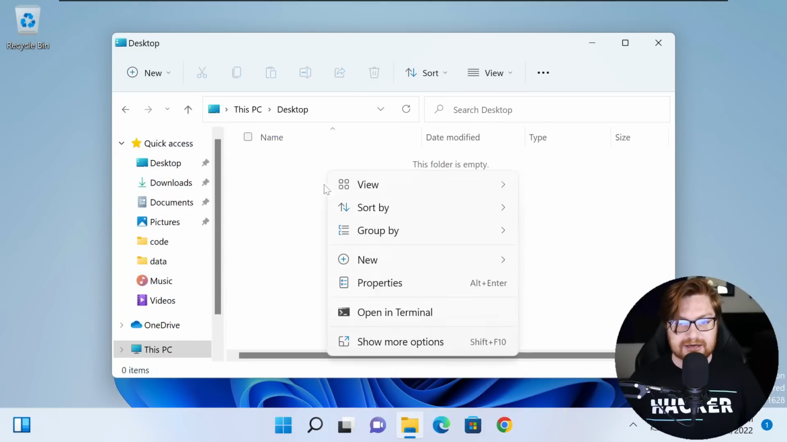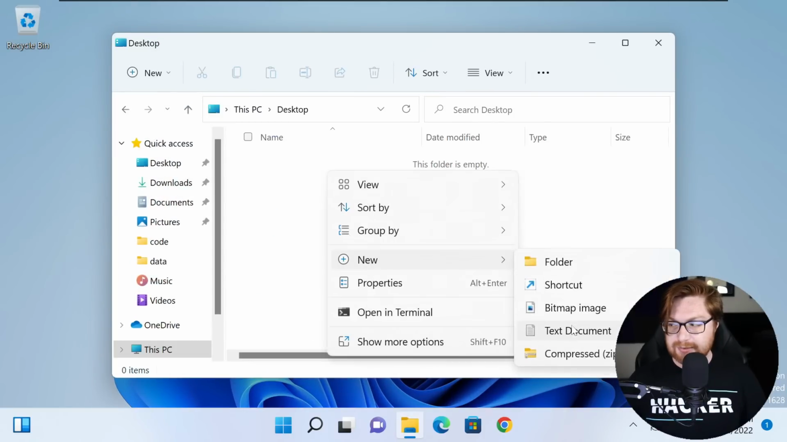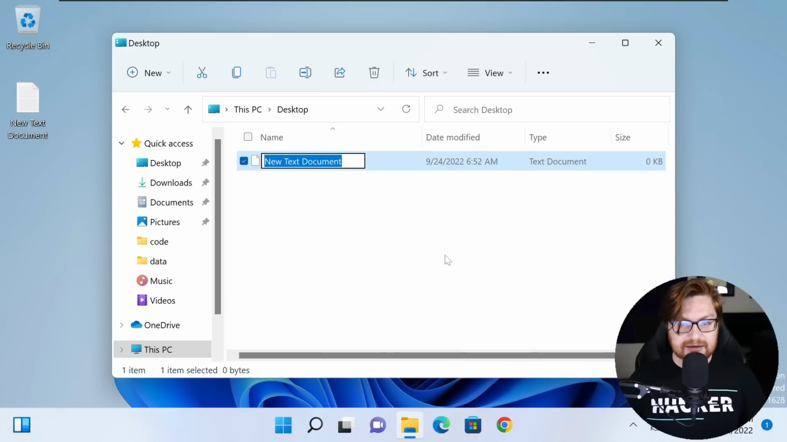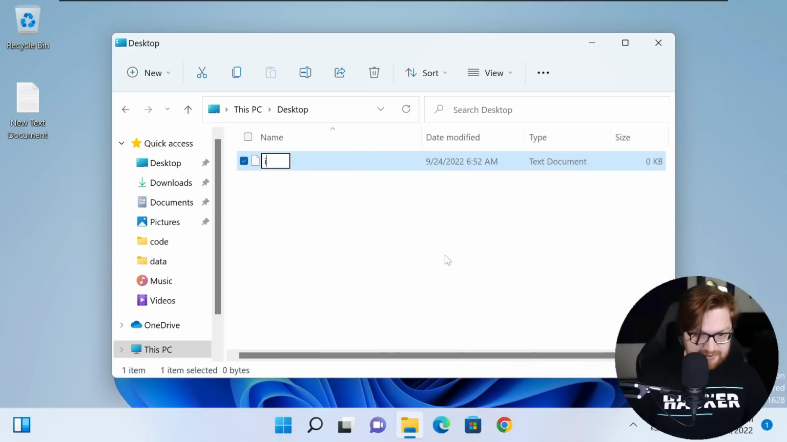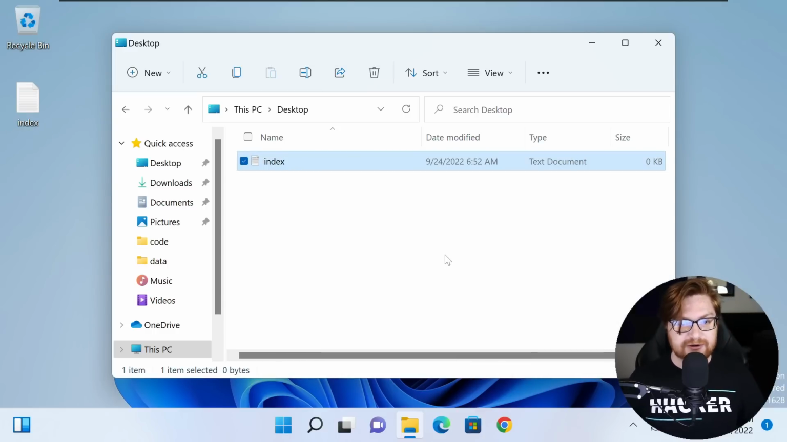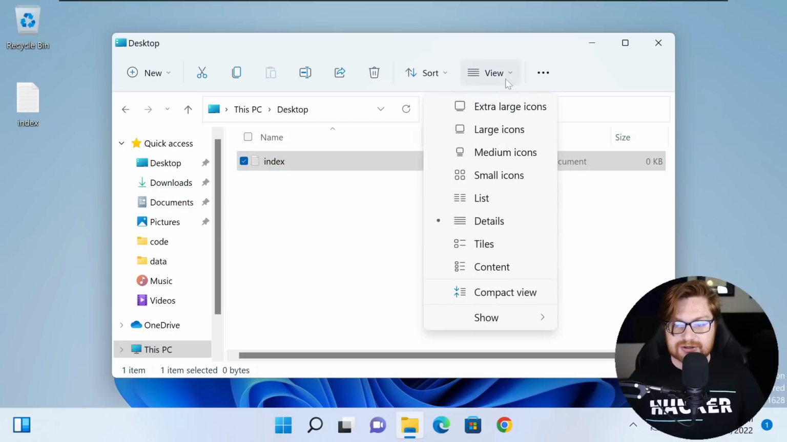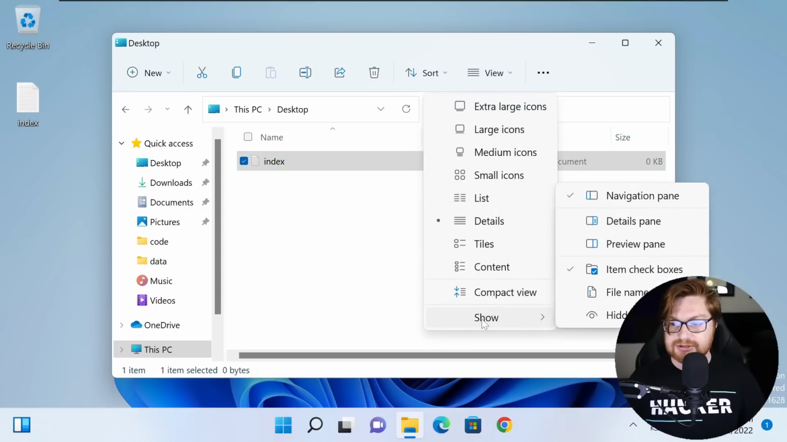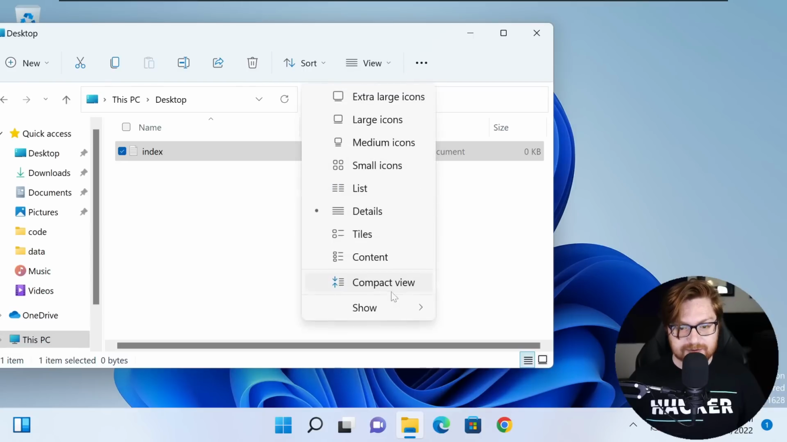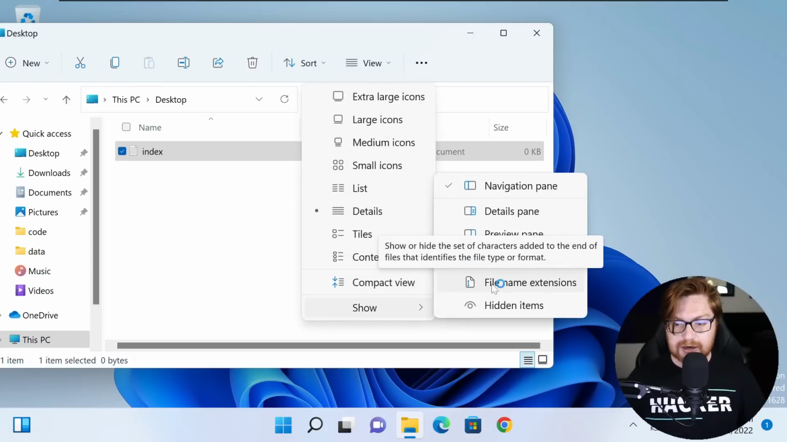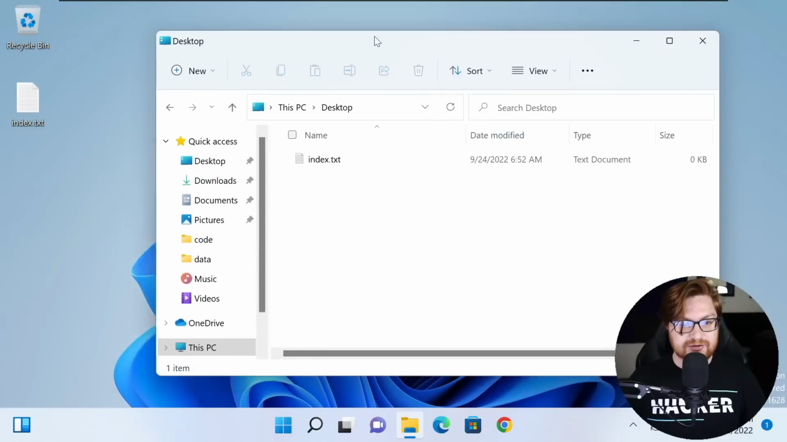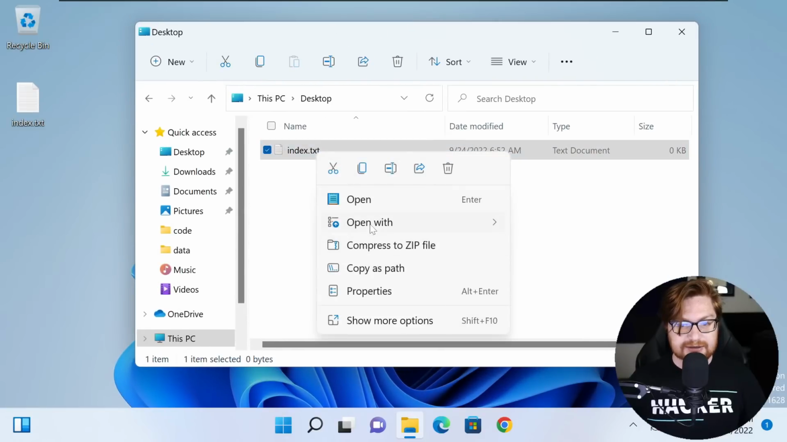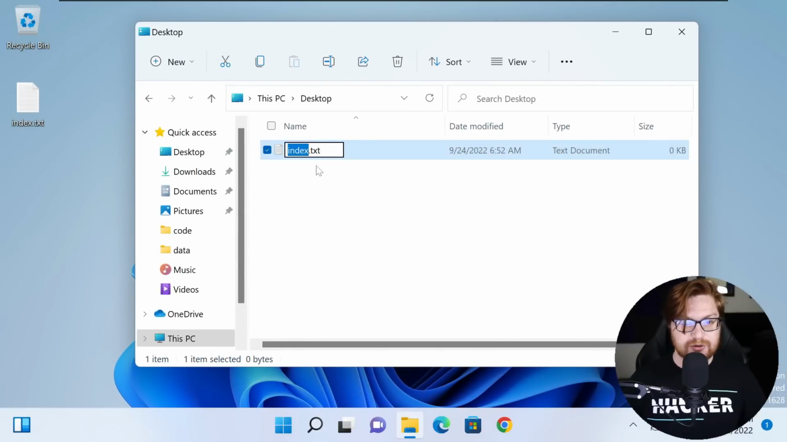I do want to just simply create a new file. I'm going to create a text document, and we can end up renaming this, but ultimately we're going to create an HTML file. I'll call it index, and I'll change the view options to show file name extensions, so that when I rename this, I can right click and rename or edit the properties. F2 is also a good hotkey that will work for me, and